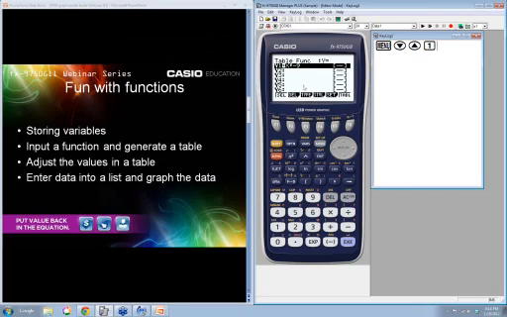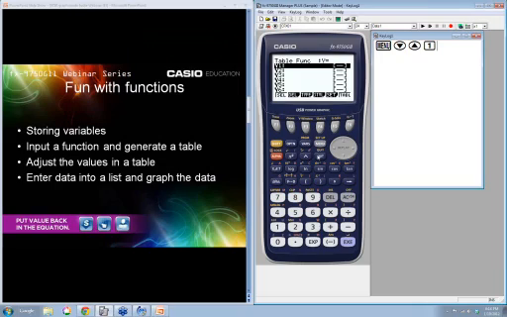If you get something like this where you have a function, do you see how this says delete? These are soft keys. You press the button directly underneath them, and it'll ask you a question if it's got a black background. It says, I need some more information. What formula do you want? Do you want to delete this formula? And I want to, so I'm going to say yes, F1.